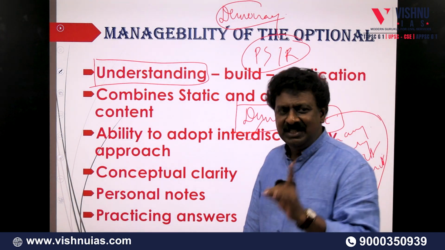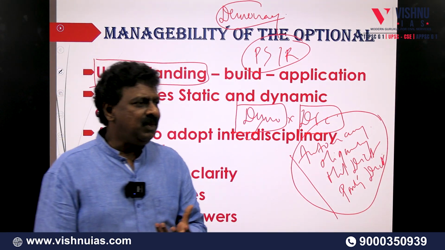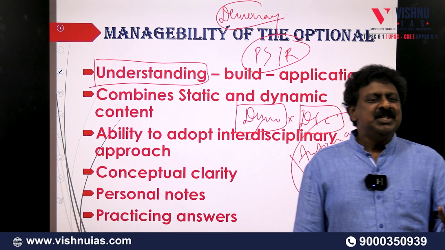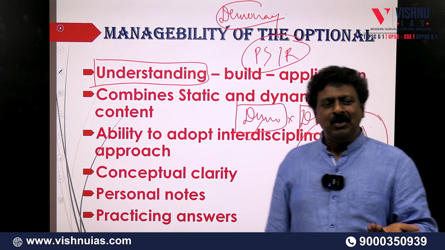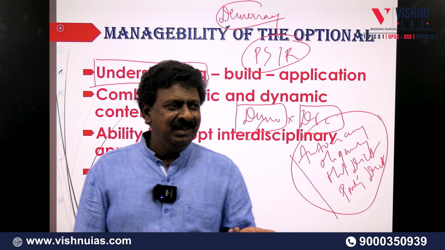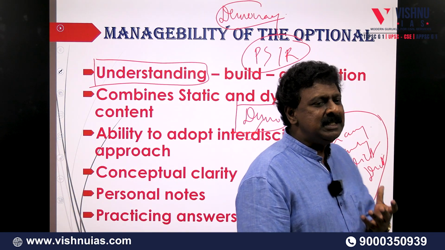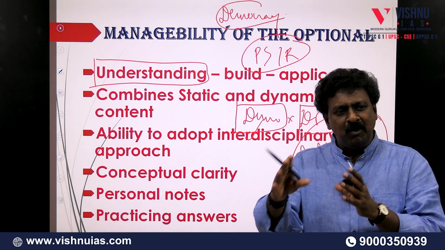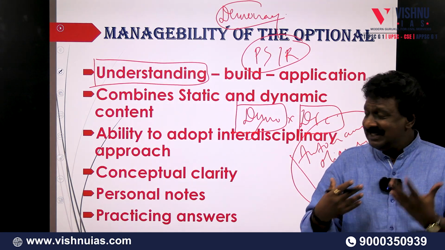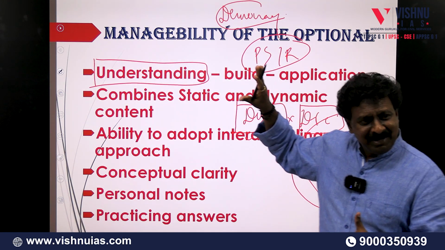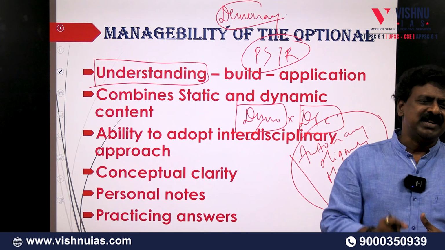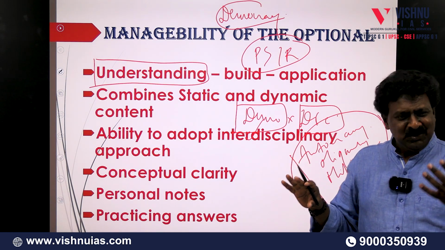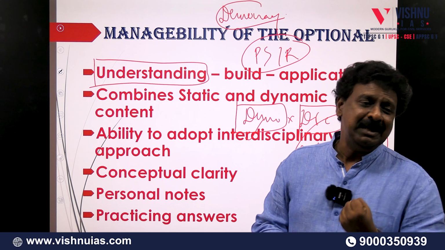Political science is based on understanding. You should understand the concept. When we speak about class consciousness of Karl Marx, or when we speak about ends justifying means of Machiavelli, or when we speak about state as the will of God, all these are concepts. These are concepts which have been proposed by political thinkers at a particular point of time to uphold a particular point of view. It is these concepts that we are supposed to understand. A lot of people tend to miss this trick. There is nothing in political science that you memorize. Once you understand these concepts, they'll remain with you. You'll never forget them also.